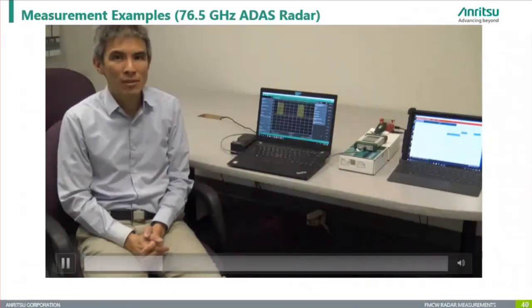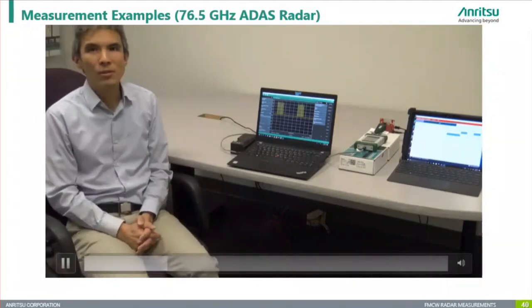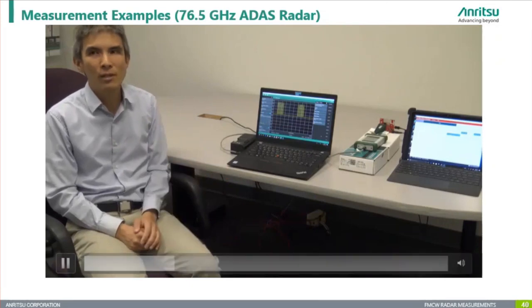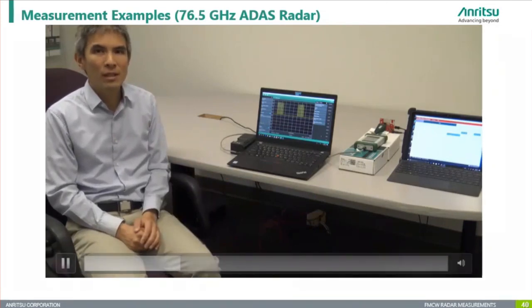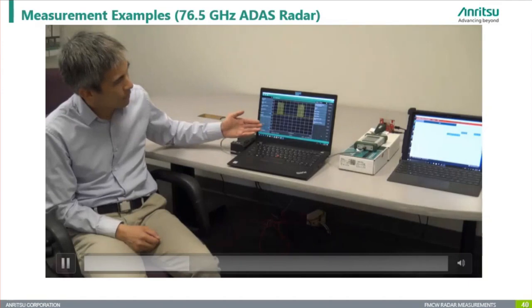The first measurement that I want to show you are time domain measurements in zero span mode. Since the frame rate was 20 frames per second, we expect to see the frames repeat at a 50 millisecond period. So here in zero span, we have a 100 millisecond sweep time, so we expect to see